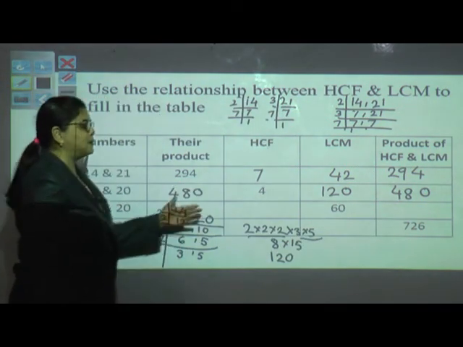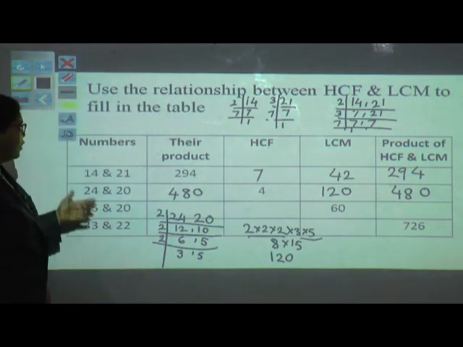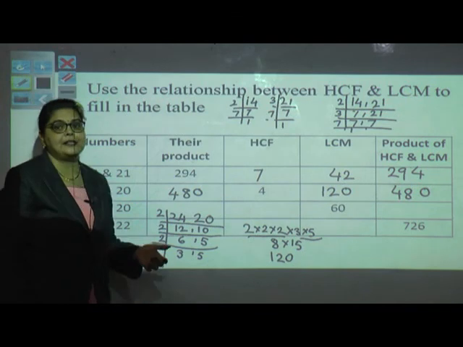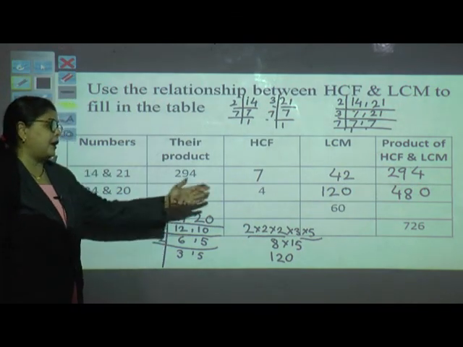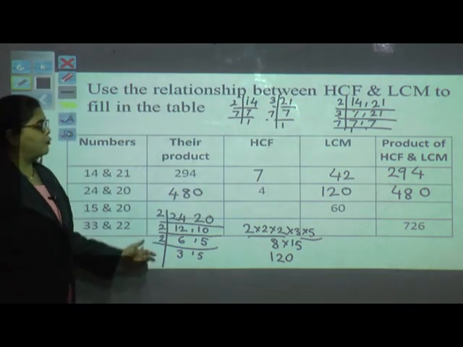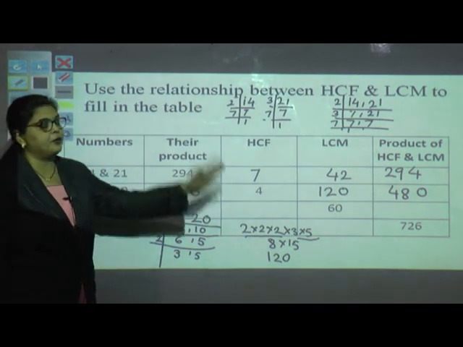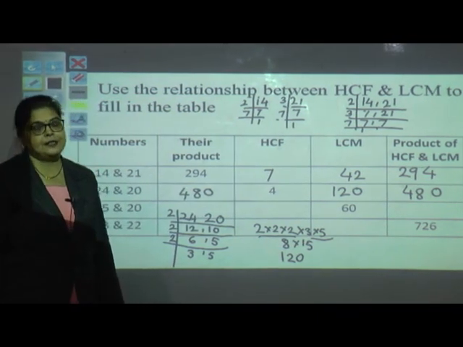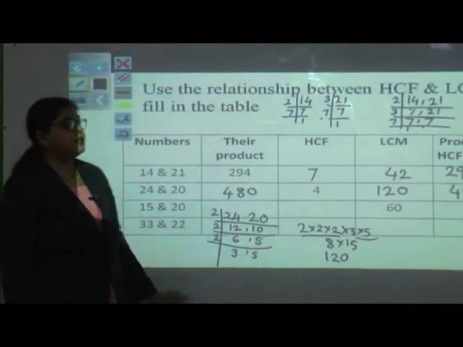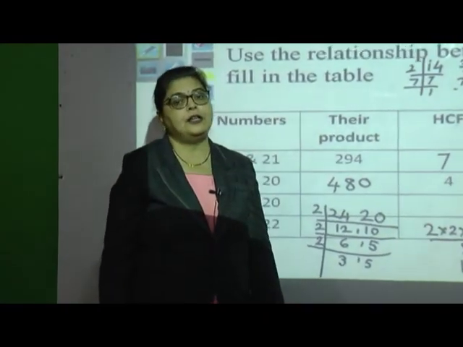You can use this small trick also when you have practiced a lot of examples. You can use the trick without solving also. You can find the HCF, because you know the product of the numbers is equal to the product of HCF and LCM. So my dear students, just practice the LCM with large numbers.